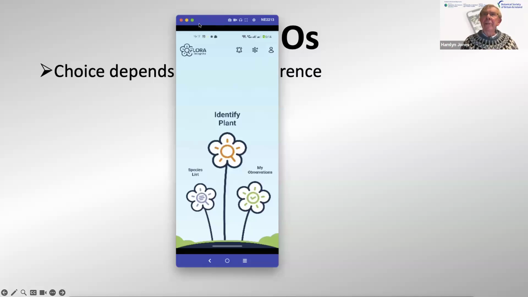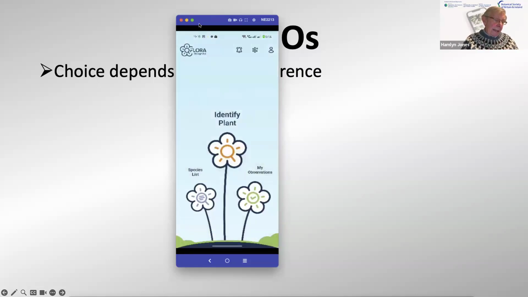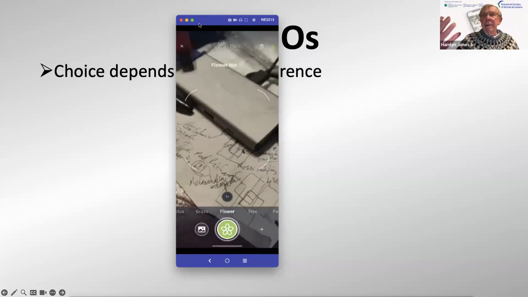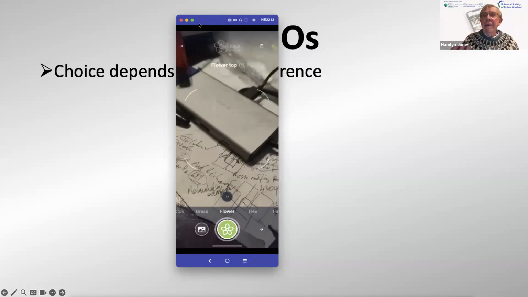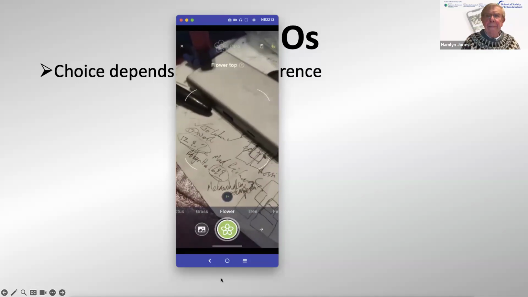I'm not particularly recommending the first app more than the second or anything like that. Flora Incognita has a home screen which looks like this. If you click on the left-hand button, it gives you a list of all the species that it has in its database for the area that you're looking at. In this case, in your area, it shows potential ones. The right-hand flower is where you have your records kept, and the center one is to identify. And it generally asks you, as most of the other apps, to either take a photograph, which is the center screen there,